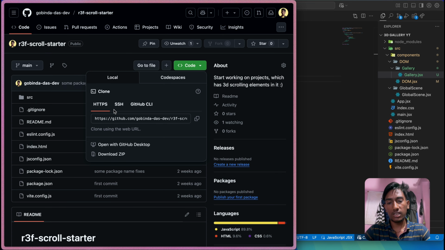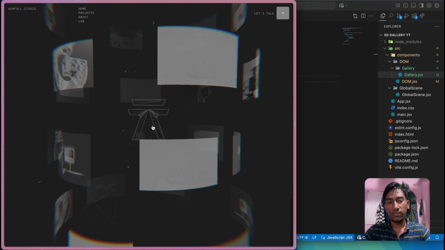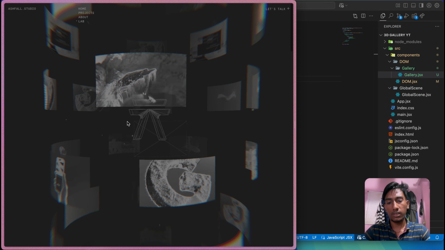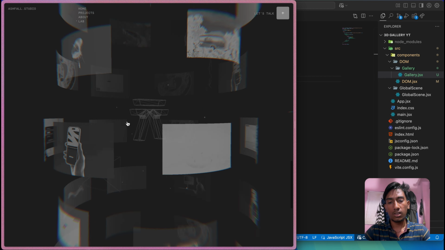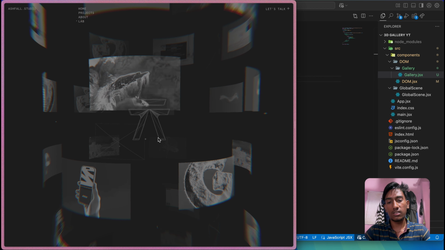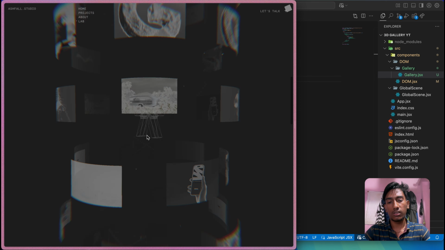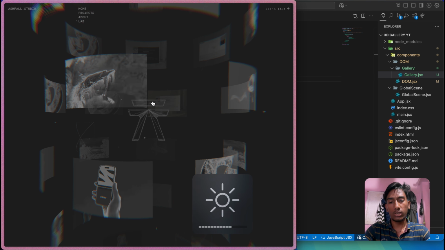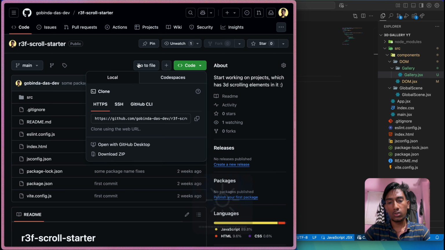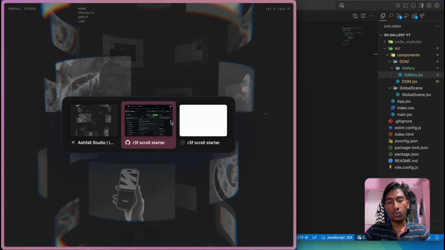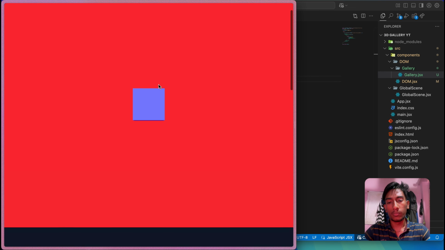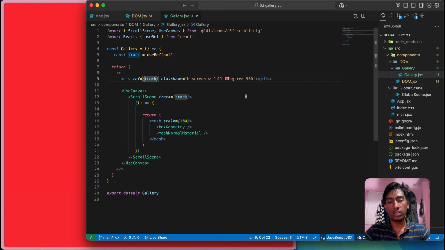Now in this demo we have the logo at the center of the screen, but this doesn't interact with the scroll. I mean, this doesn't go up and down when I scroll. It only rotates when I scroll. So we also have to make it sticky using some techniques.